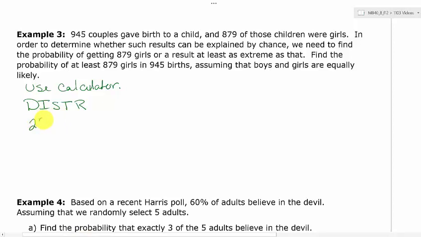You have to push second vars. Vars is short for variables. So to get to this distribution area on your calculator, you have to push second vars, and then after that you would pick binom,